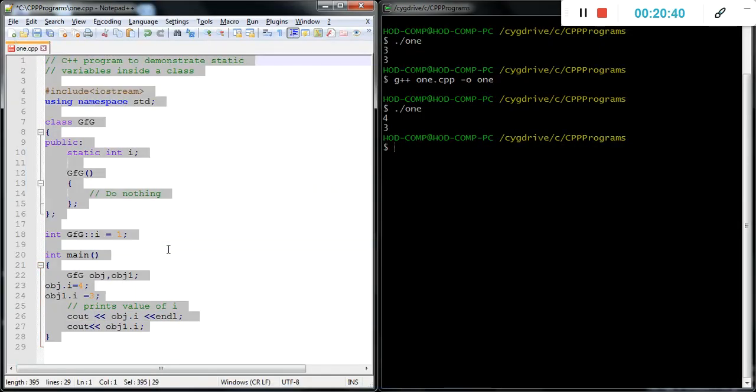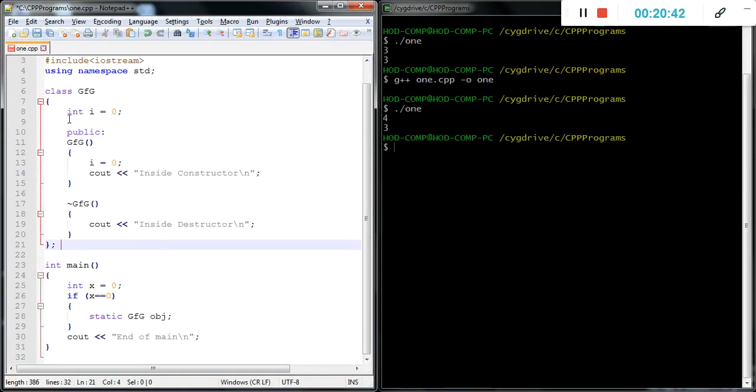This is simply a class with a constructor and a destructor. Then under the main function we initialize a variable x equal to 0, and with the condition if x is equal to 0, it runs this, where we define a static object under the if body. Then what will be the output?